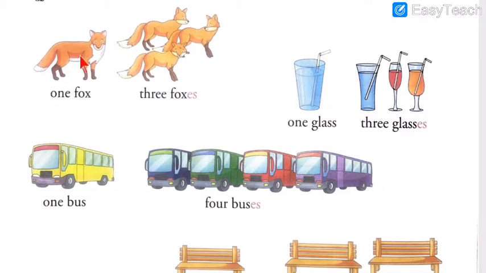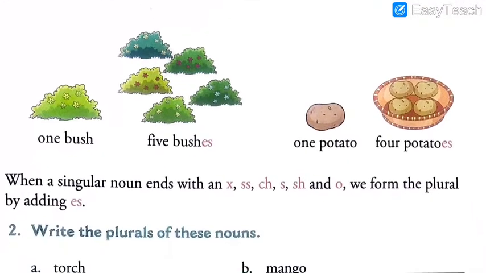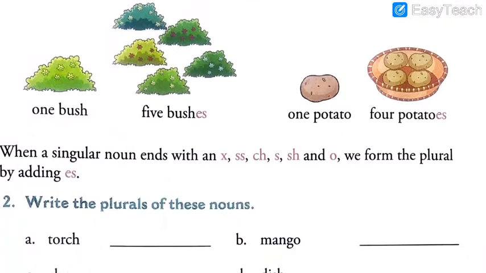Yes, we can observe that one, many. That means singular, plural. Now, observe these two pictures also. One bush, five bushes. One potato, four potatoes. Now, students, please observe that